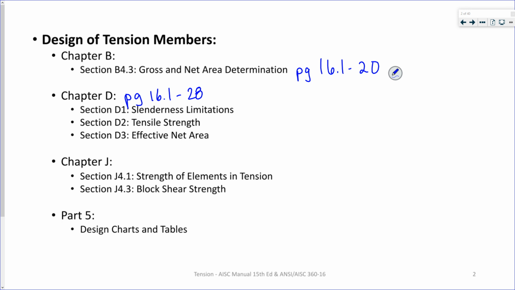It's going to tell you how to calculate your net area. About halfway down the page, it should say net area. It's going to give you some guidance on that. Okay. So chapter B is all about design requirements, and if you look at the beginning of it on 16.1-11,